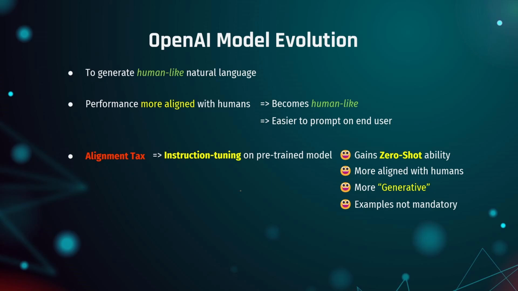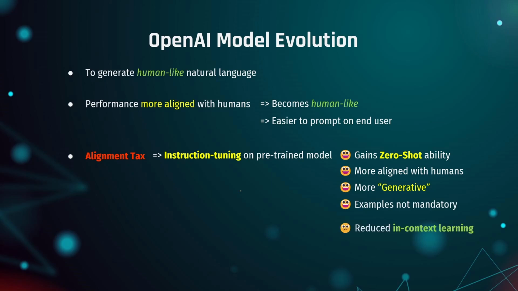So since আমাদের model is more aligned with humans, it starts to behave like a human and it is also comfortable for the end user since I don't have to worry about guiding the model by finding examples, right? Instruction tuning does the job itself, right? So other than these pros, আমরা এটাও দেখেছিলাম alignment tax has some cons, right?